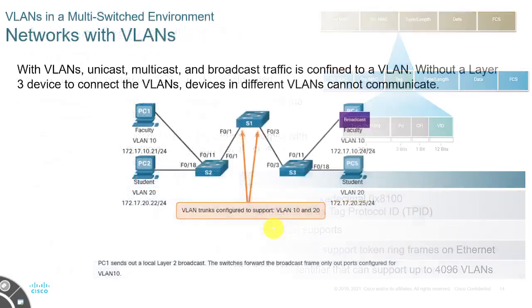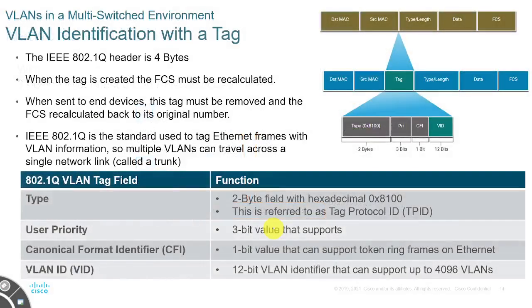Okay, so VLAN identification with a tag. This is the frame: destination MAC, source MAC, type, length, data, FCS. This is the header of the 802.1Q. The header is 4 bytes. When a tag is created, it means that we have created a VLAN and assigned a tag to it. It means that the FCS will be recalculated